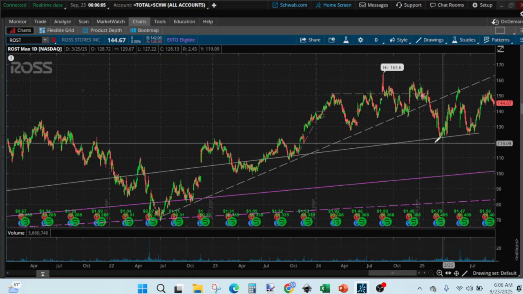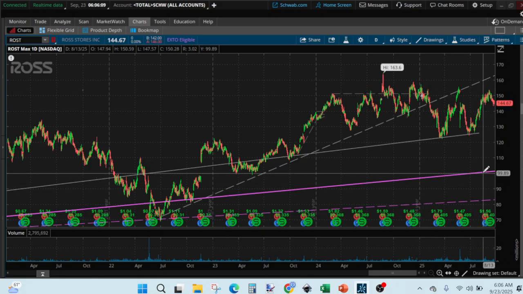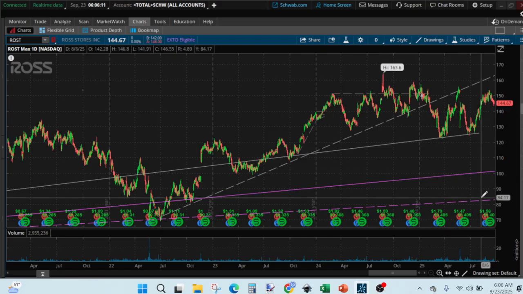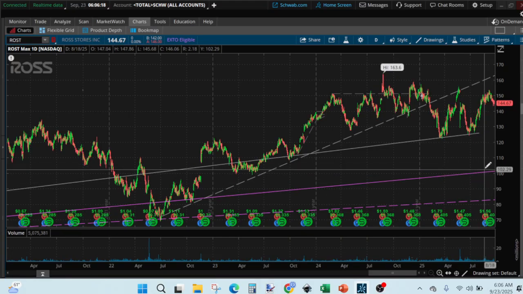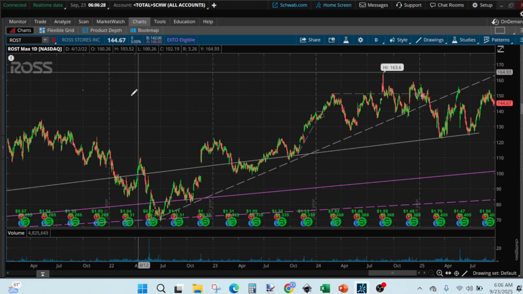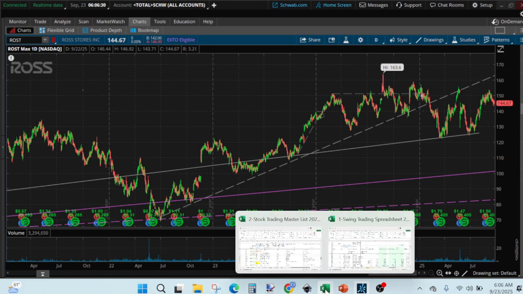But this is how we do our daily chart analysis: first deciding where we want to buy our entry point, and comparing where the price is to where we want to buy. And once it reaches where we want to buy, we like to start seeing higher lows. And when we see a few of those, we can buy some shares at the first or second green bar that follows a pullback. So the next one we are going to analyze is